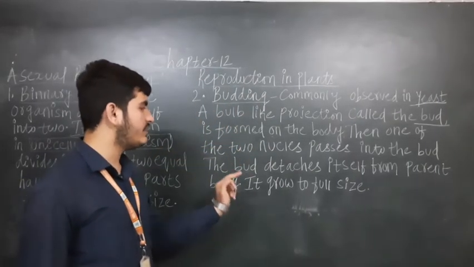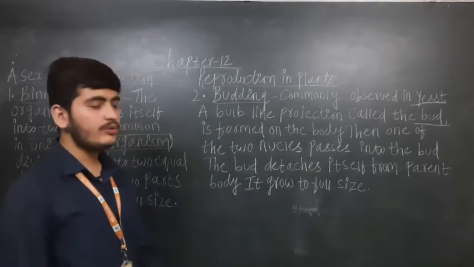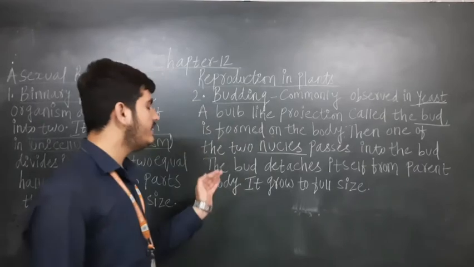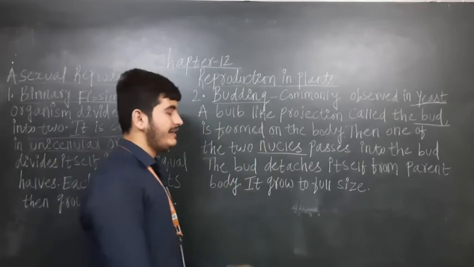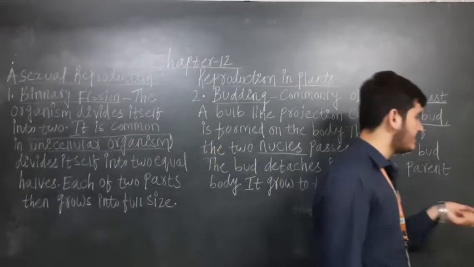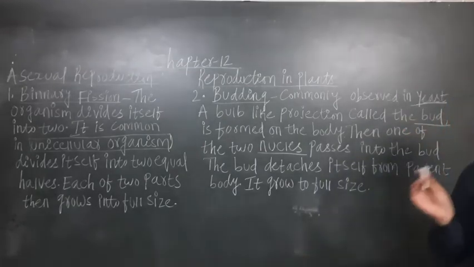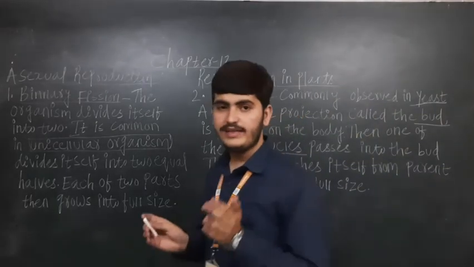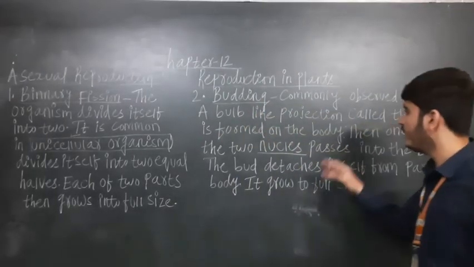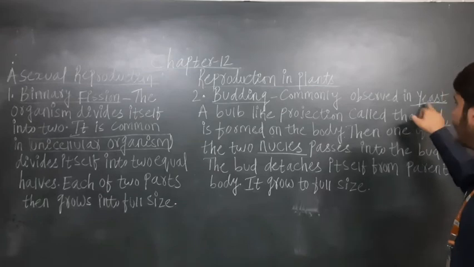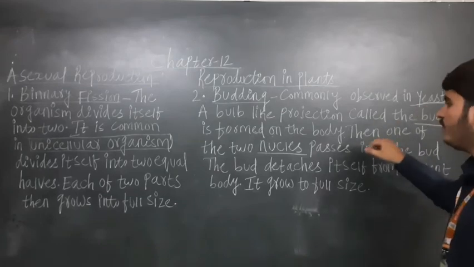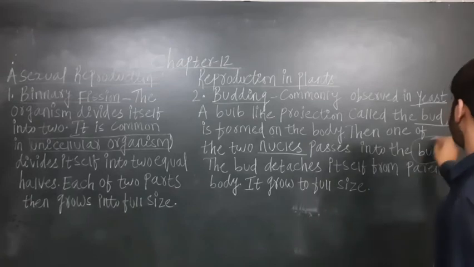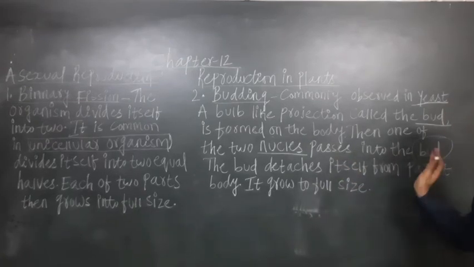Then one of the two nuclei passes into the bud. The nuclei are present in the body, so they are passing into the bud. The bud detaches itself from the parent body, means a bud which has grown on the body of the yeast detaches by itself. Detach means अलग हो जाना. Attach means जुड़ जाना, and detach means फिर से उस body से अलग हो जाना. So when the bud grows on the body of the yeast, one of the two nuclei passes into the bud. Means the yeast, the parent of the bud, is giving the nucleus to the bud,